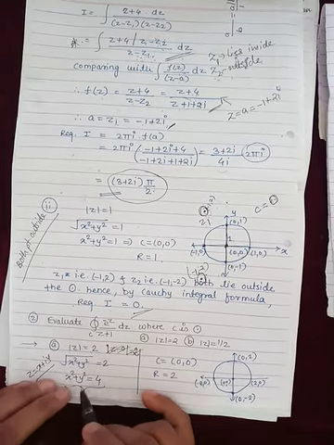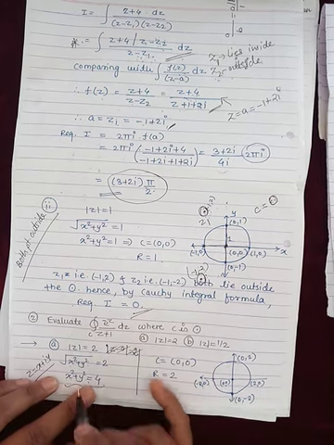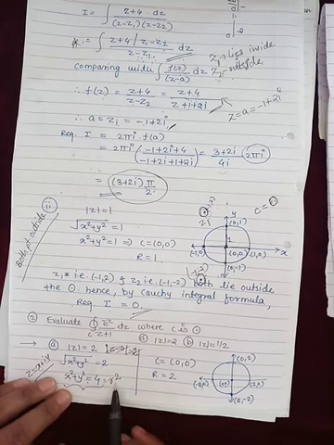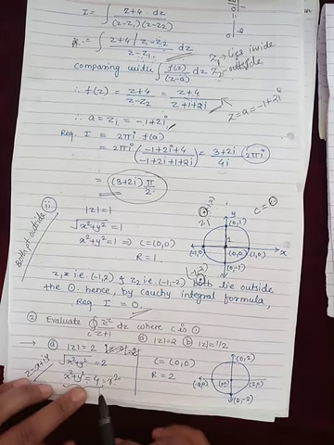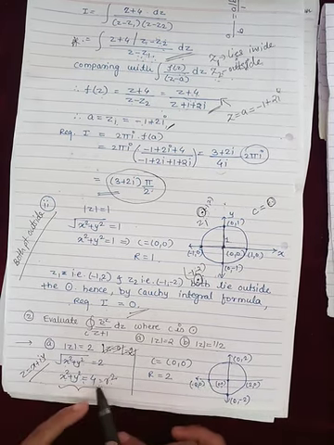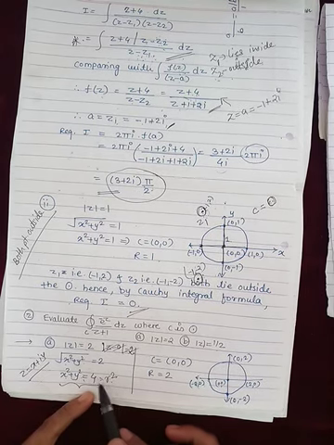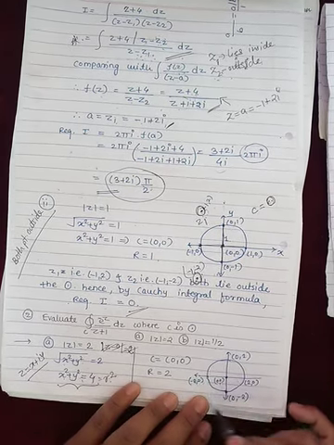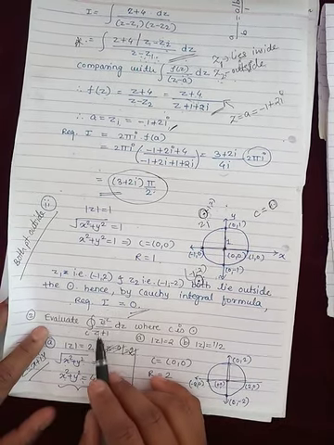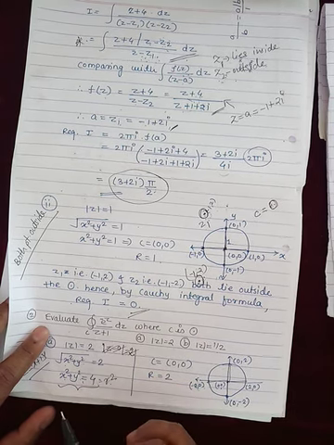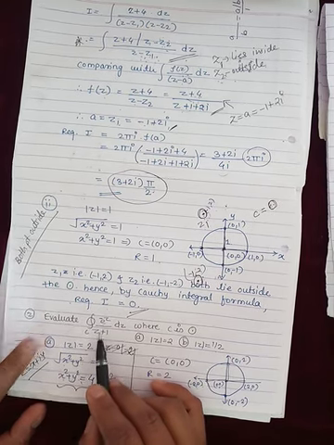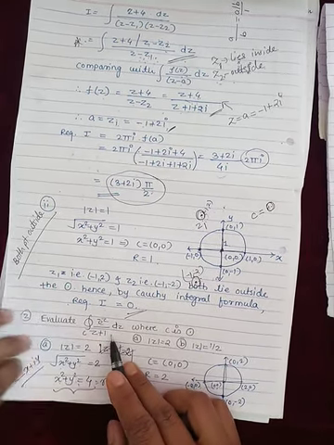So this is your standard circle equation with center 0 0, and this is your r square, so the radius is 2. x square plus y square equal to r square is the standard circle equation whose center is 0 0 and radius is r. Center 0 0 and radius is 2, because r square is 4, so r is 2. Then the denominator has a factor directly given in the example. So z plus 1 is your factor.